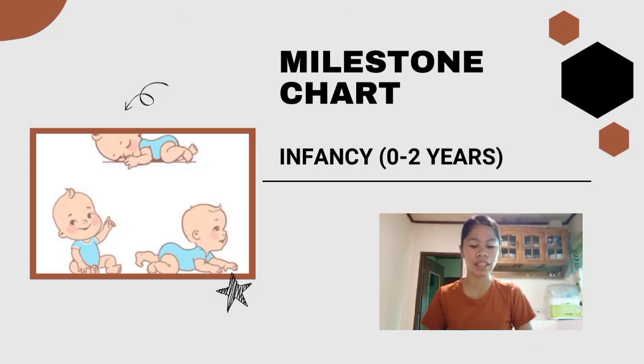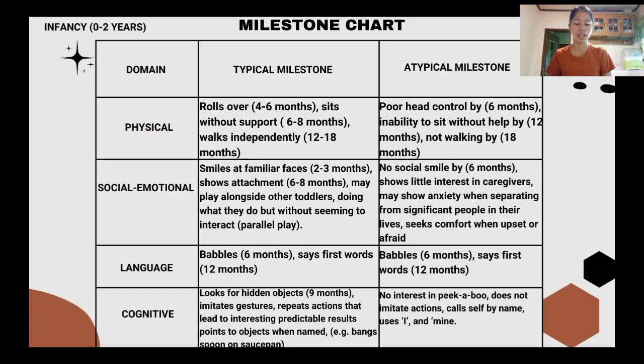First, infancy, 0 to 2 years old. The typical for infancy: rolling over by 6 months, walking by 18 months, babbling by 6 months, and playing peekaboo. The atypical for infancy: not sitting without support by 12 months, no words by 18 months, or no interest